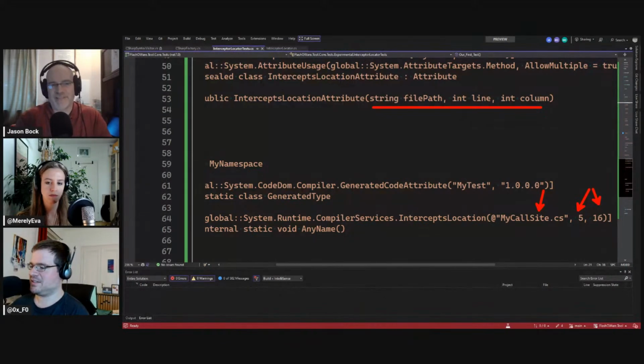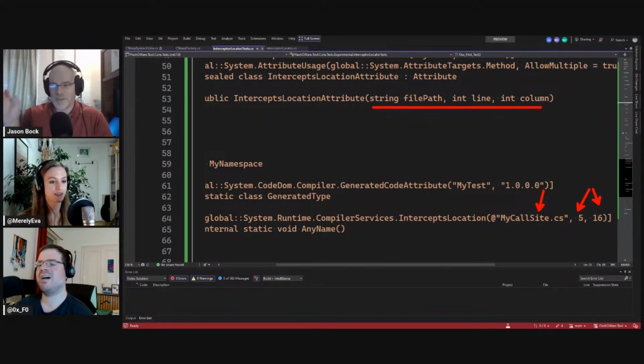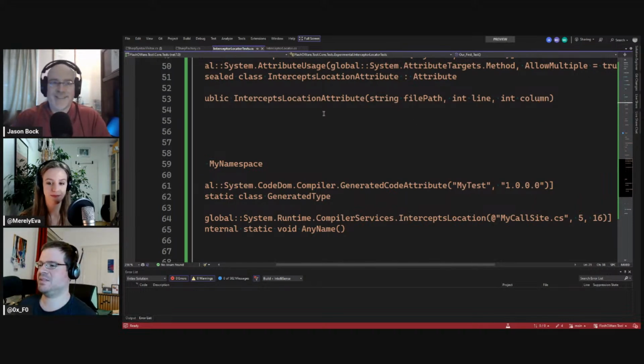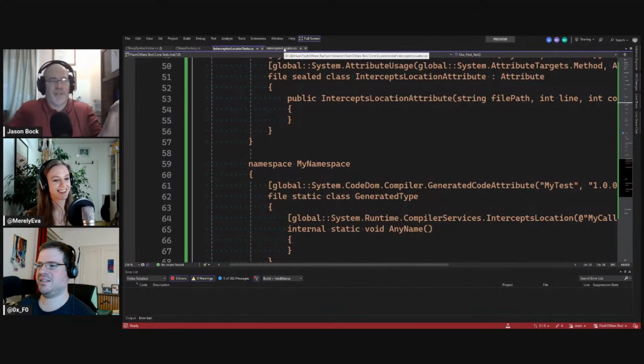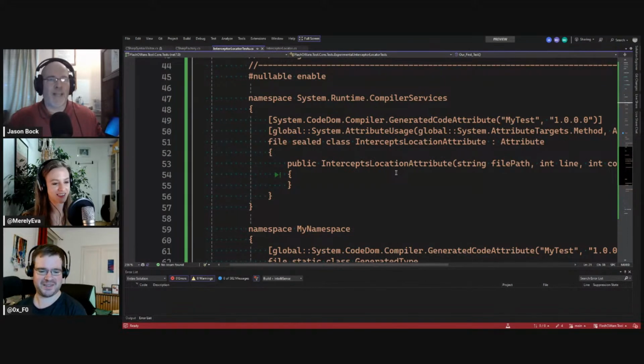Yep, exactly. It just didn't dawn on me. I'm putting an attribute here, so why don't I get an attribute symbol or something like that? It's because in that declaration you're calling the constructor, and so that's the method. That's the constructor for the attribute. Fun stuff, but it's one of those things that may throw you when you run into it the first time. It threw me when I was doing some stuff with attributes and I wondered why it was giving me a method symbol back.